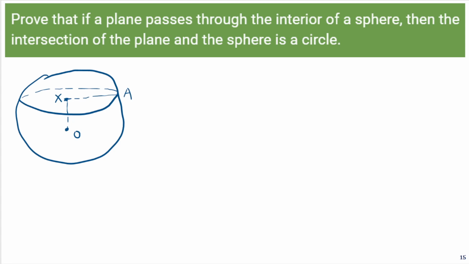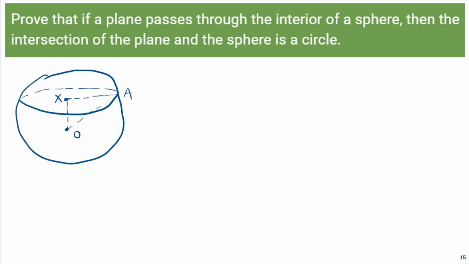So we could let O be the center of our sphere, R be its radius, and P be our plane. We let X be the foot of the perpendicular segment from O to plane P. X is a point we think is the center of our circle. Let A be a point where the surface of the sphere meets plane P. Since triangle OXA